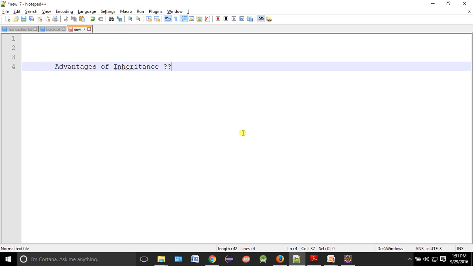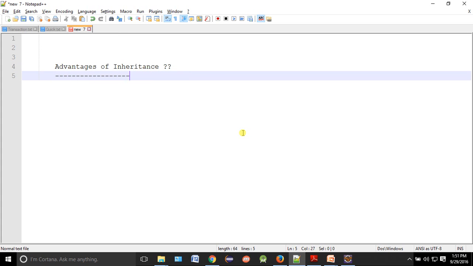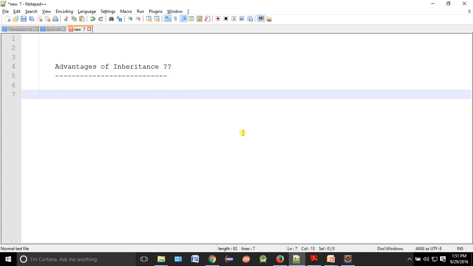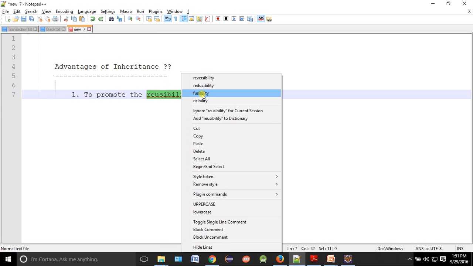I don't know about your college, but in my college, whenever we went for exams, this question was what is the advantage of inheritance? The first answer is to promote reusability.